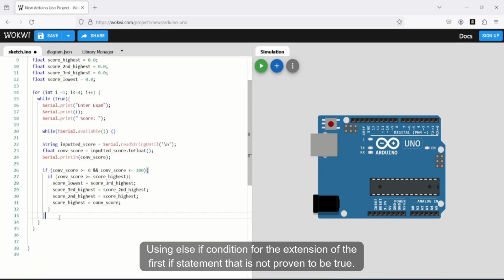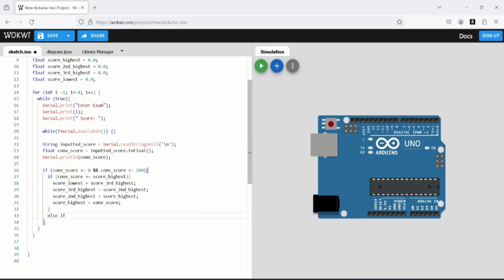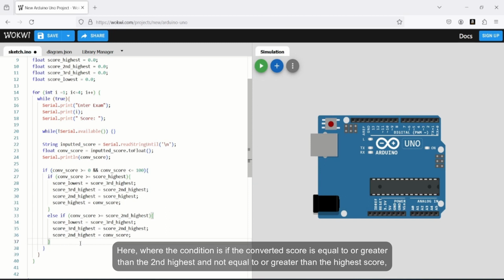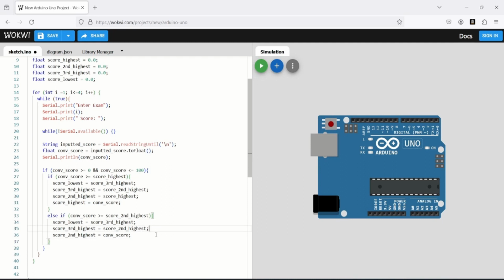Using an else if condition for the extension of the first if statement that is not proven to be true. Here, the condition is if the converted score is equal to or greater than the second highest and not equal to or greater than the highest score. Only three variables were replaced, since the variable holding the highest score doesn't need to be swapped based on this particular condition. Next else if statement is